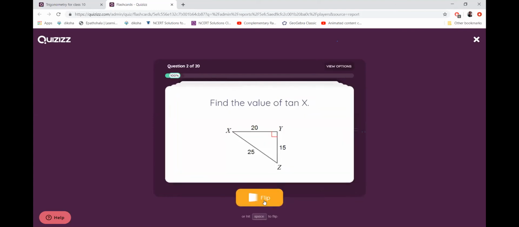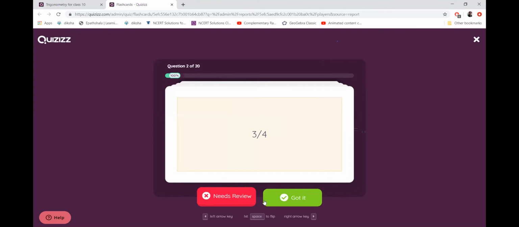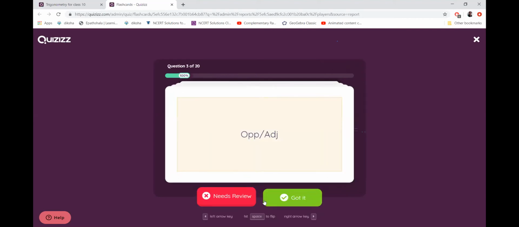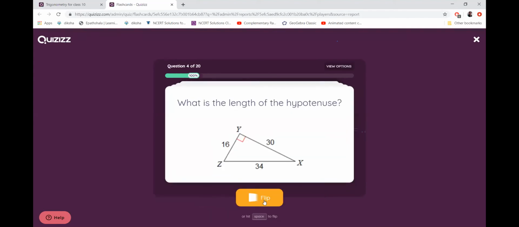Find the value of tan x. It is such a simple thing. You have to find out where is that x. X means it is showing the value of that x only. It is the angle x, not the vertex. So when you want the tan of that x, you should know how to find the ratio and identify the opposite and adjacent side and do it. Now this, if you don't do, then I don't know why we are struggling with our quiz.